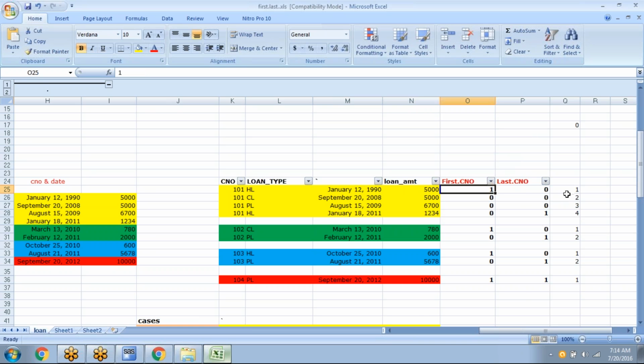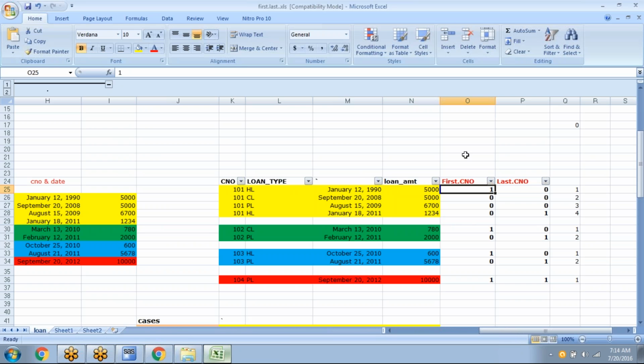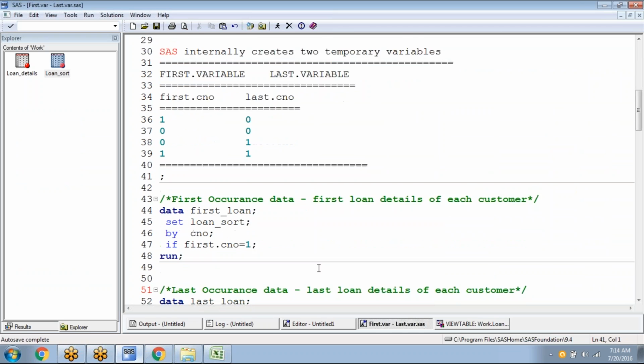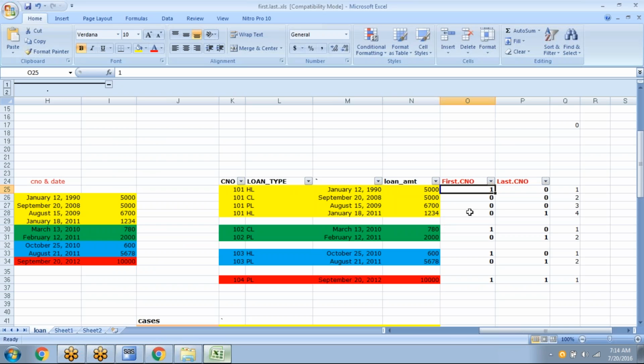Okay. Now let's go to SAS and see how to come up with this solution, how to do all these things in SAS. Now let's say I ask you a question: I want the first occurrence data, or let's say the first loan details of each customer. If I ask you the first loan details of each customer,